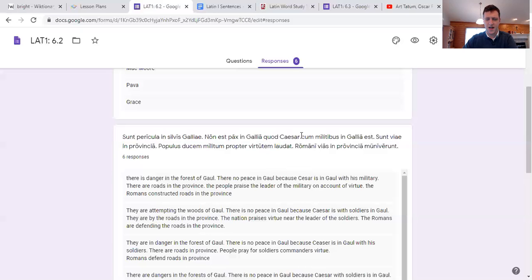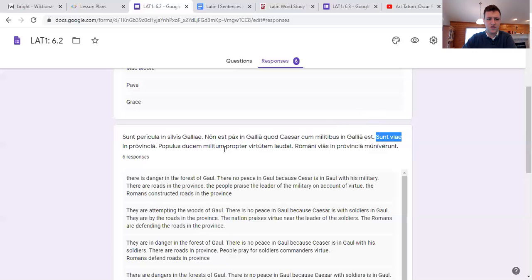As we're seeing a lot of these prepositional phrases, remember that usually it's going to be a preposition and then the noun should come directly after it. Sometimes you'll get disruptions in that word order, but it's not that often. So if you're trying to figure out which nouns go with which prepositions, usually they're right next to each other.